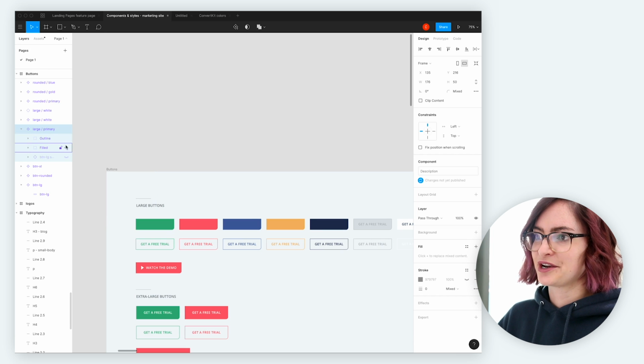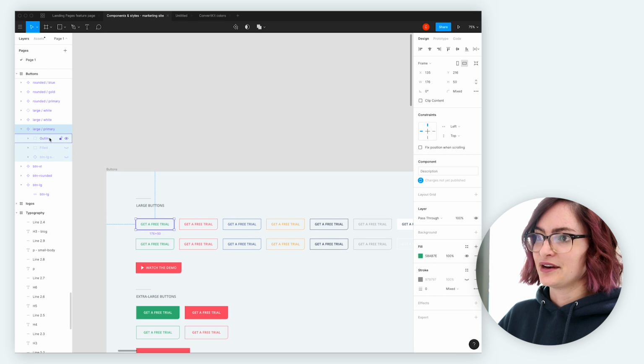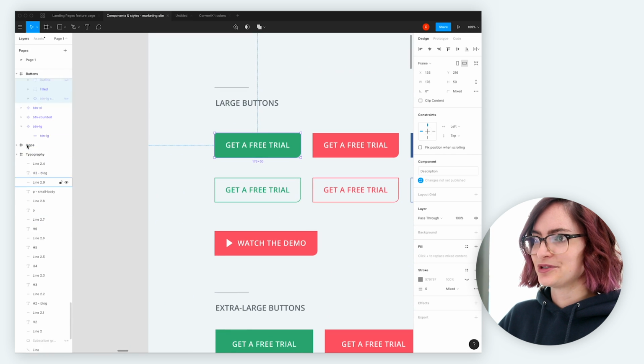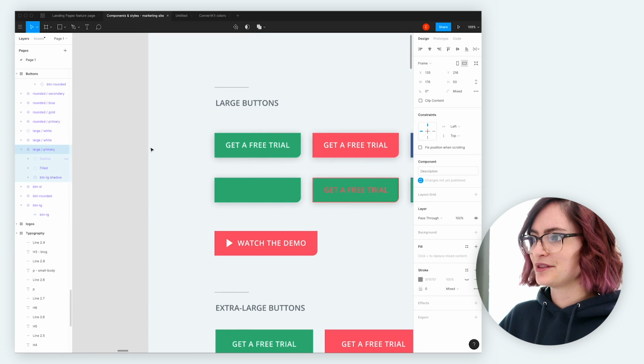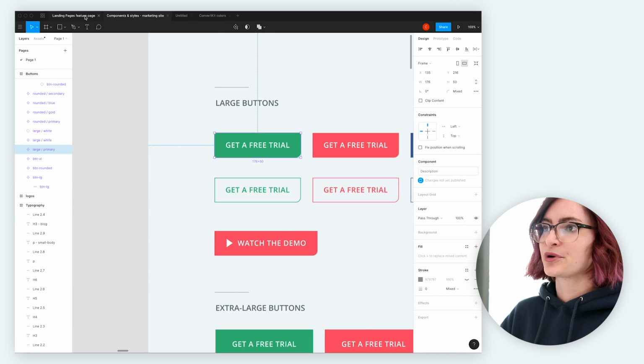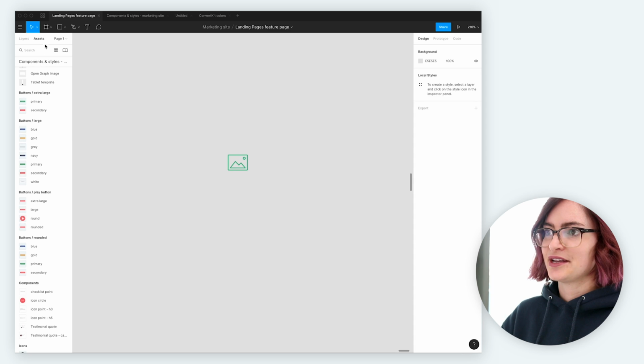So if I turn this layer on and this layer off, then my button becomes an outline button. And if I turn, let me just zoom in so you can see, if I turn this layer on, then my button will have a shadow behind it, which isn't working well on my outline ones, but that's all right. I found setting it up this way really good because, as you can see at the side here,